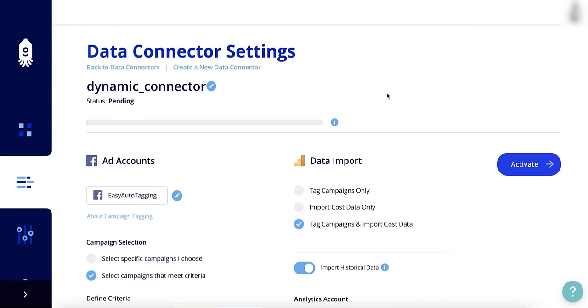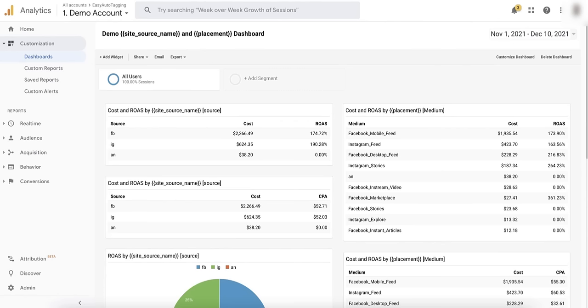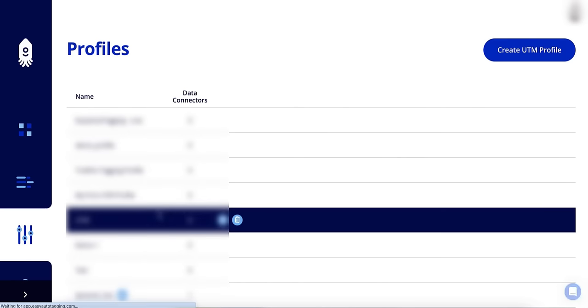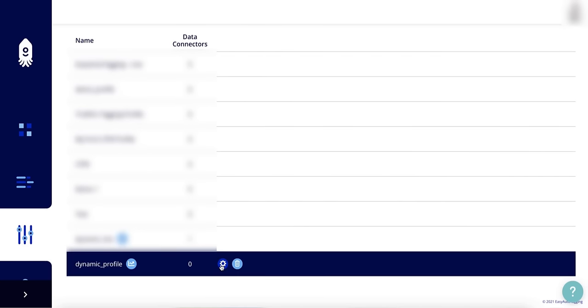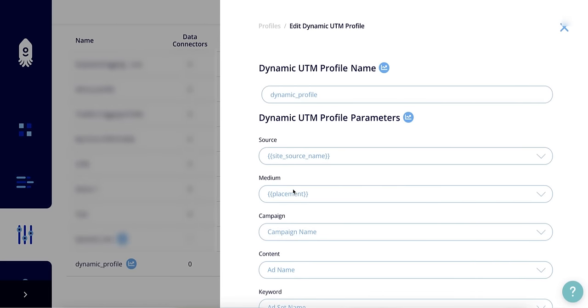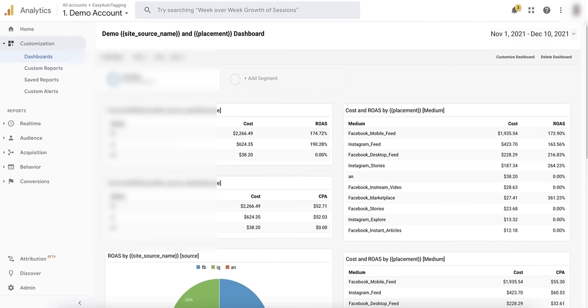If we go back to the custom Facebook dashboard we built in Google Analytics, you can see how we have built tables on the source and medium dimensions. The source and medium dimensions in Google Analytics reflect the resolved dynamic values we set in our UTM profile.